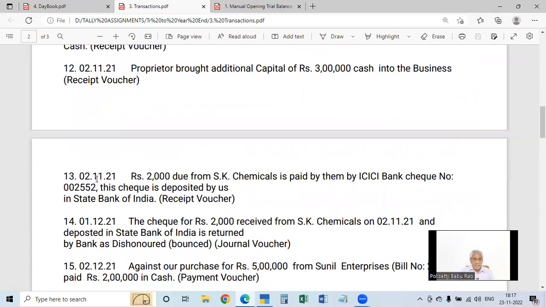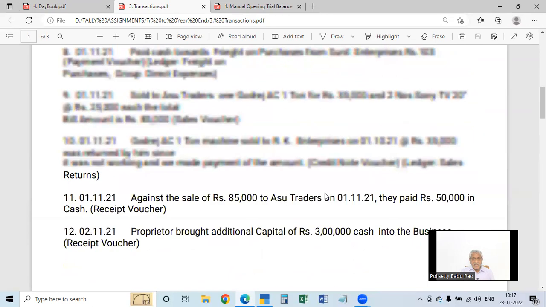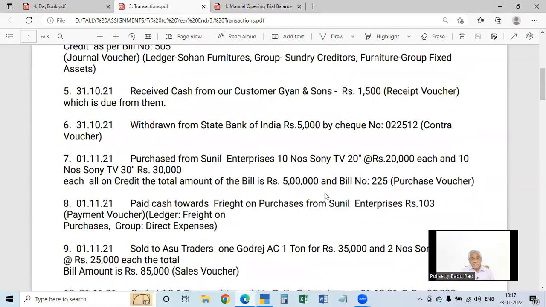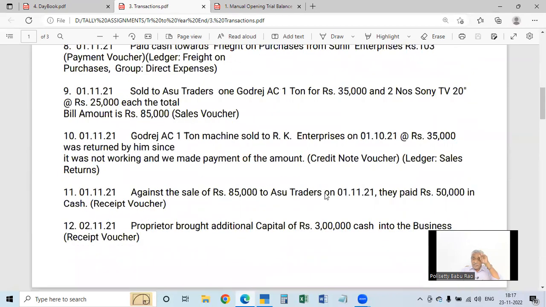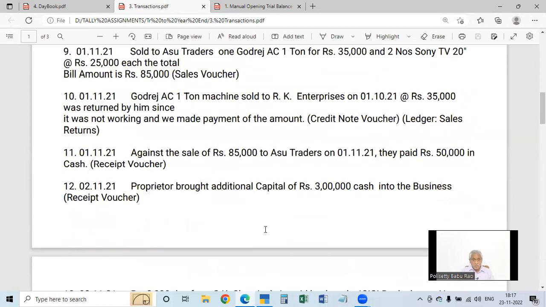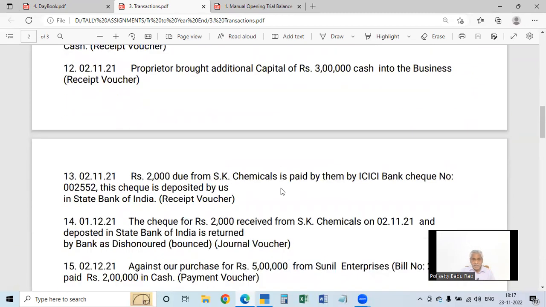Right. Next, again the same date. 2000 rupees due from SK Chemicals. That is not there here. SK Chemicals was already due in the first half year, so his account is showing a debit balance of 2000. That is what you assume. It is paid by them by ICICI Bank check number so and so, and the check is deposited by us into